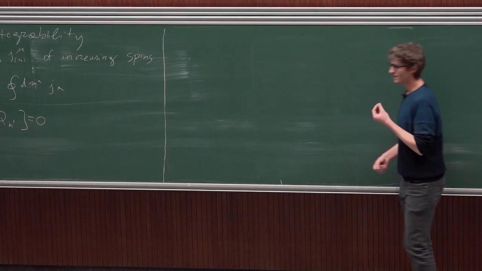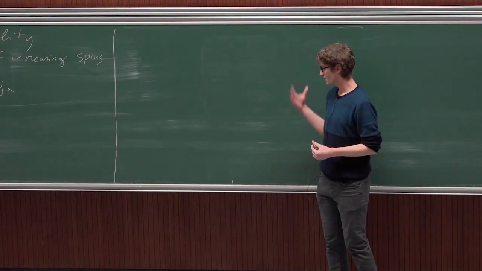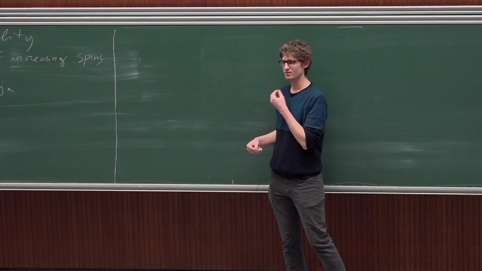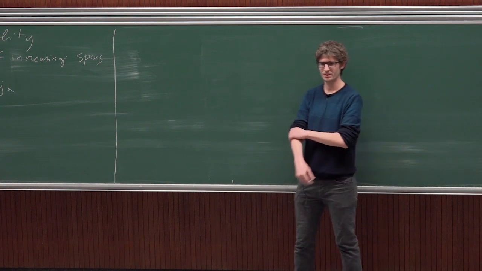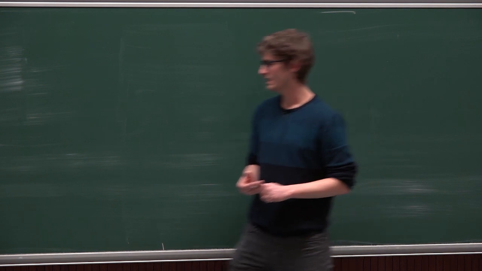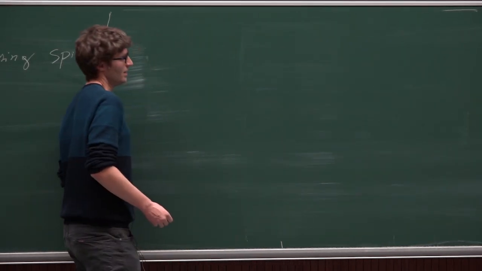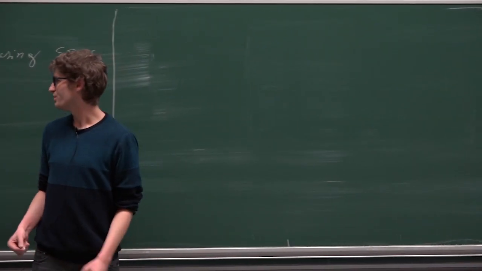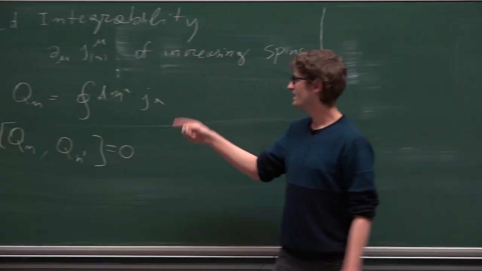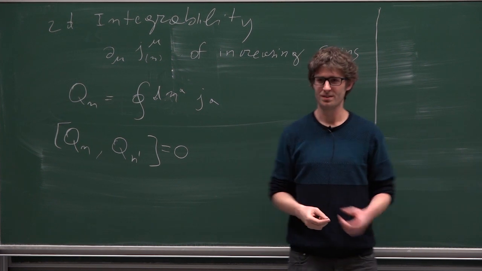And then we'll see that this gives interesting structures when we perturb the CFTs with some particular relevant operators, and we get integrable models. So in a CFT, it's very easy to find as many conserved currents as you like,